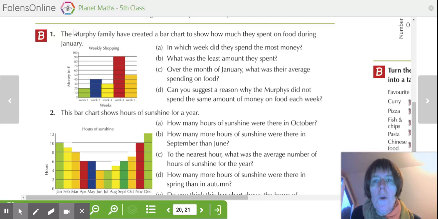Okay, B1. The Murphy family have created a bar chart to show how much they spent on food during January. It's like the Aldi ad, isn't it? How much they can save if they shop in Aldi. But anyway,